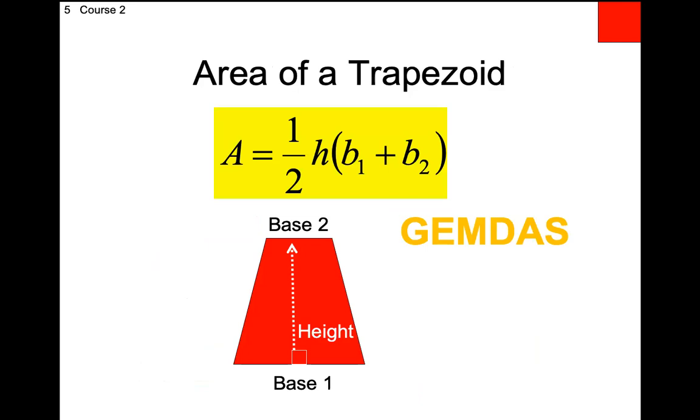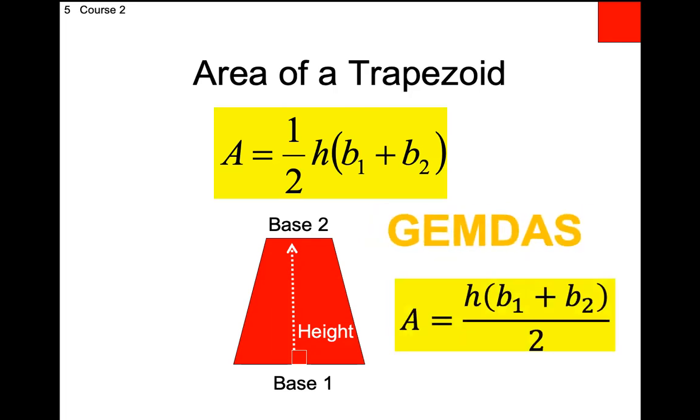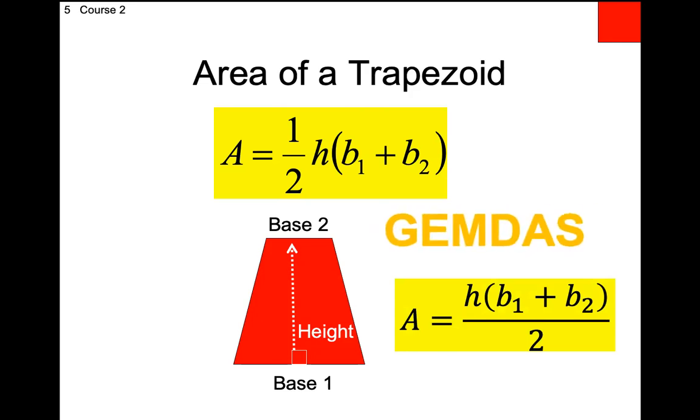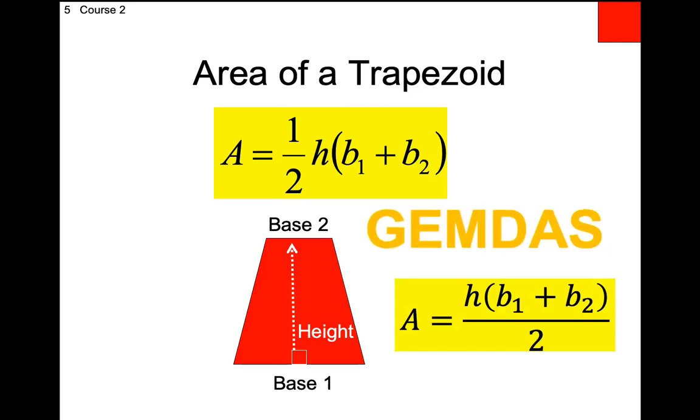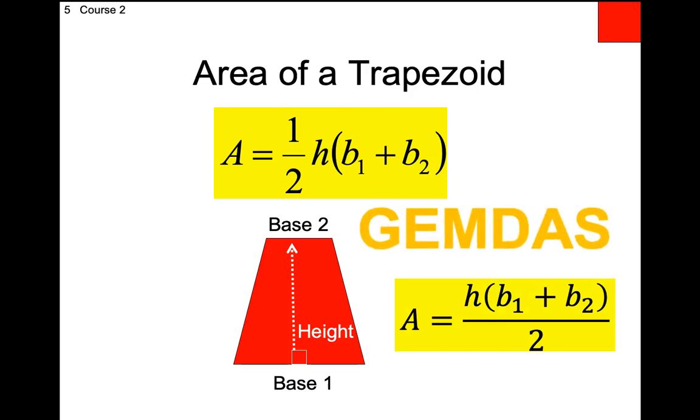Okay, trapezoid. The most complicated formula, the one where you need to use PEMDAS in order to do it correctly. A lot of stuff going on here. Calculator friendly or not, either one's fine. If you do it by hand, because you forgot your calculator, make sure you add the 2 bases first, multiply by the height, and then divide by 2. For those of you with the expensive calculator, you can literally type it in the way it appears: H times open parentheses, base 1 plus base 2, close parentheses, division symbol, fraction bar, 2,